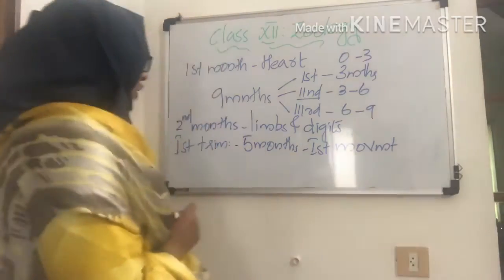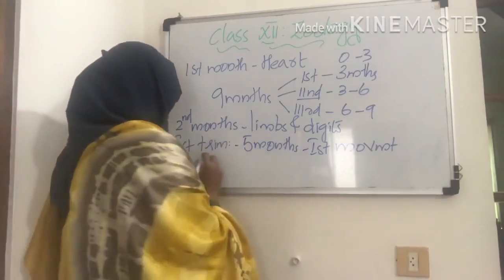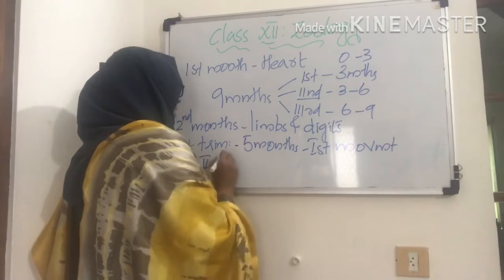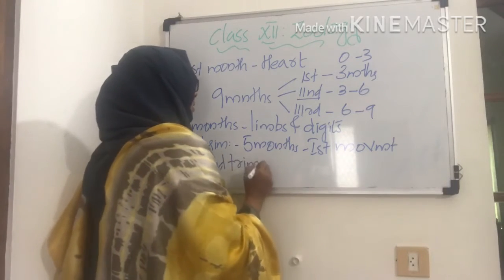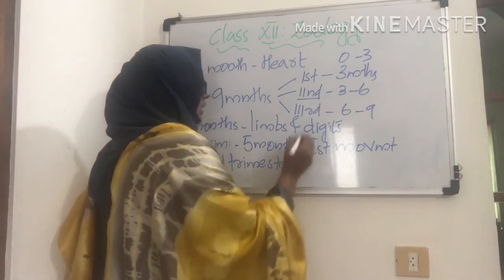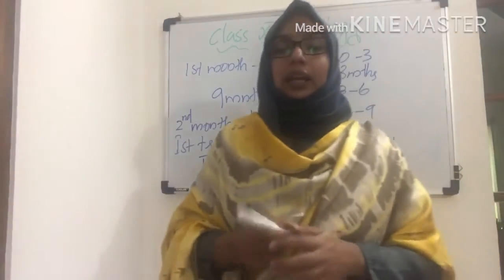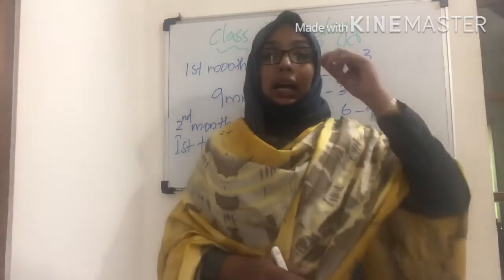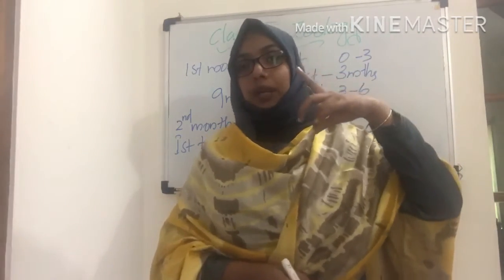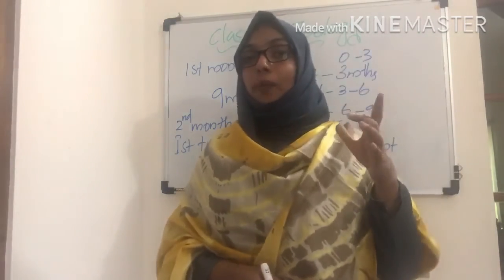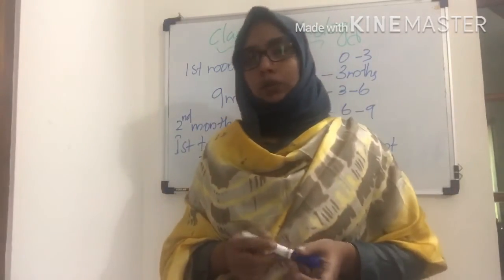And by the end of the second trimester, that is, by the end of the 6th month, we can see the body will be covered with small hairs. Eyelids would start to separate. Eyelashes will be formed. Eyebrows will start to form. Likewise, small hair-like growth and all will be formed.